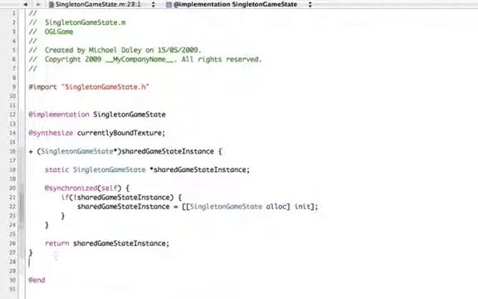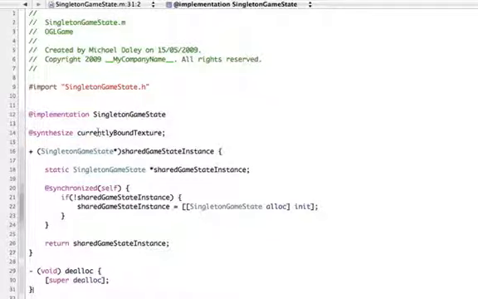The only thing we need to add here is the void for dealloc. So we want to have a dealloc routine in here as well, and we just want to do super dealloc for the moment, like that, for when we get rid of this particular class. So I've just built and saved that to make sure I've not introduced any obvious errors, and that's built okay. So now we can have a go at putting this into the game